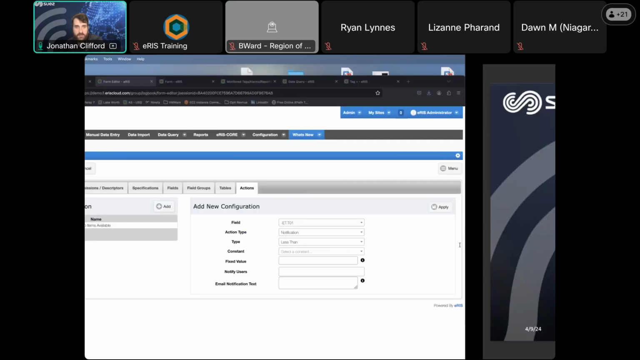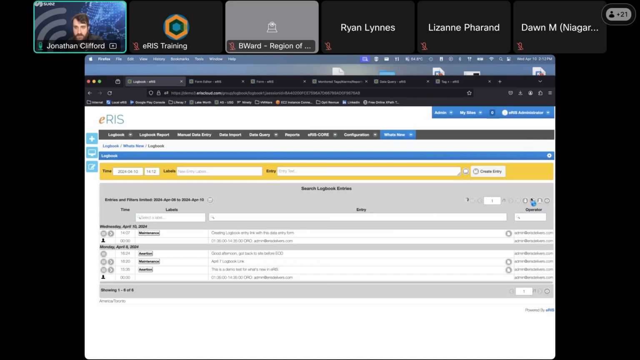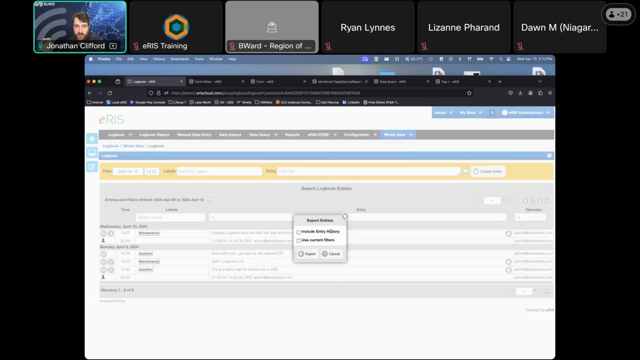So I'll hop back over to the exact same logbook I've been using. Just make sure I got the latest entries. You may notice this already, but there's a down arrow or an export button that appears at the top part of the row. When you click this, it prompts you with a dialog with a few more options that you may or may not want, to include history, to use the current filters. So if you have a label set or an entry text search or an operator search, it's going to take those filters as well. And then from here, you can just hit export,